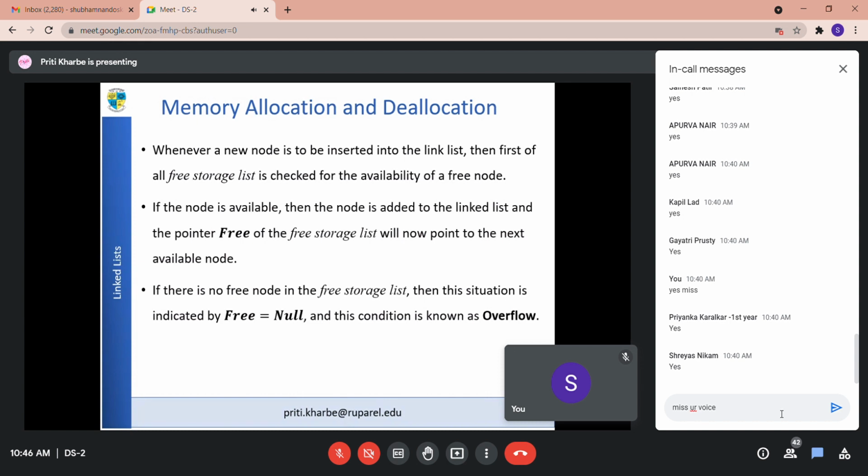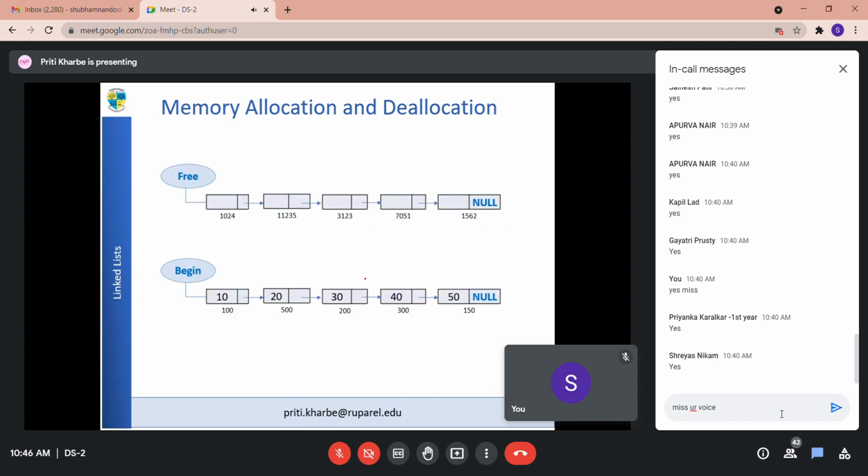So let us see with the help of a diagram. Now just forget about what I was talking or reading on the slide. Pay attention to this diagram. Now I have a linked list 10, 20, 30, 40, 50. Suppose I want to insert a new element, such as 25, somewhere. So first of all, I should have an empty node in hand. In that I will paste 25 and then I will do the necessary pointer arrangements. But the first thing is to have an empty node.